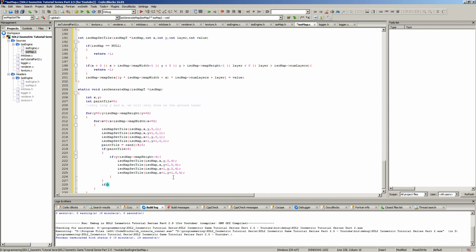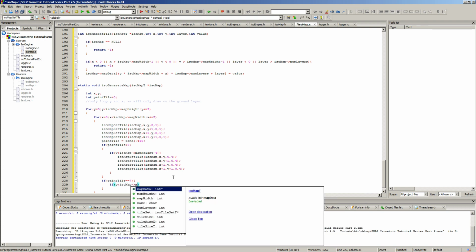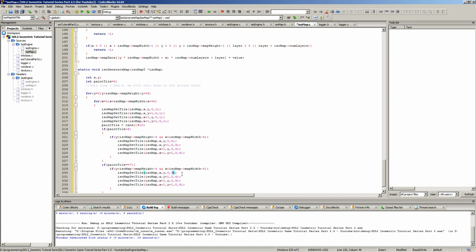Or if the paint tile is larger or equal to 7, or why not just say it's 7, like that, that's better. Okay, and we can go f dot y is less than isomap. Oh yeah, I forgot to add this one as well. And x is less than isomap map width minus 4. Okay, there we go. That's better. We can just copy this code here, throw that in here, and we're gonna draw the tile 3